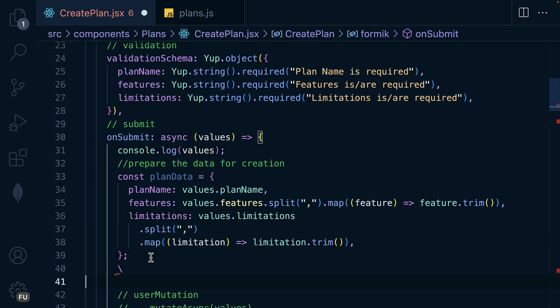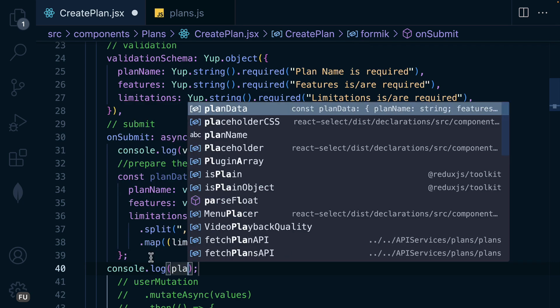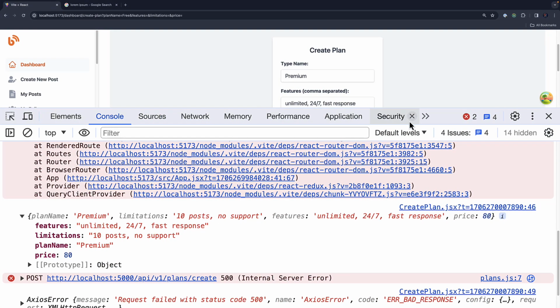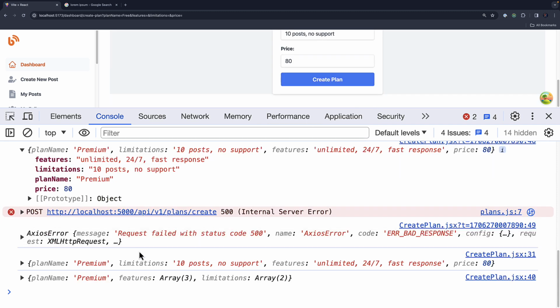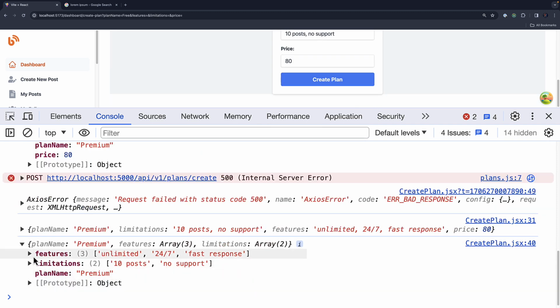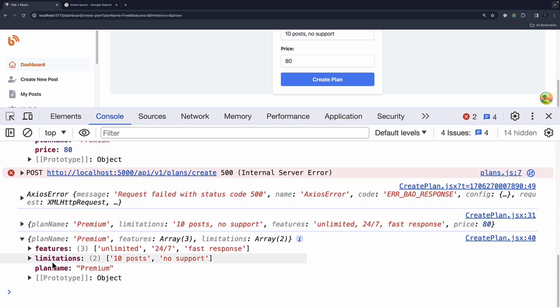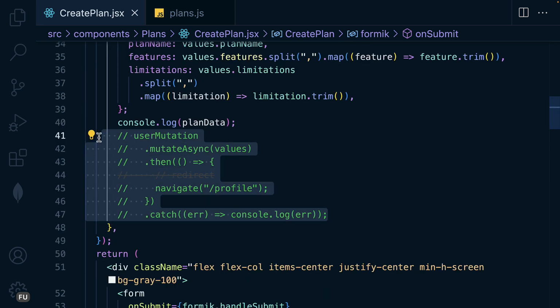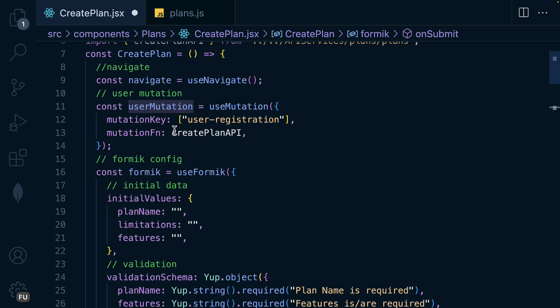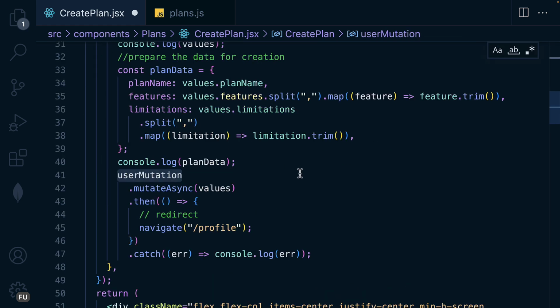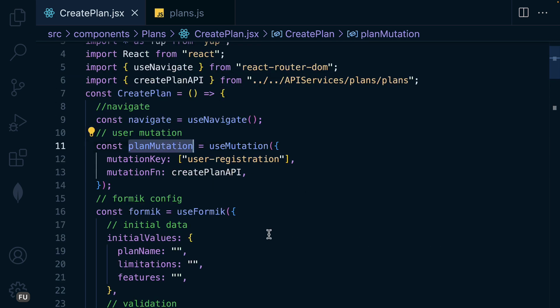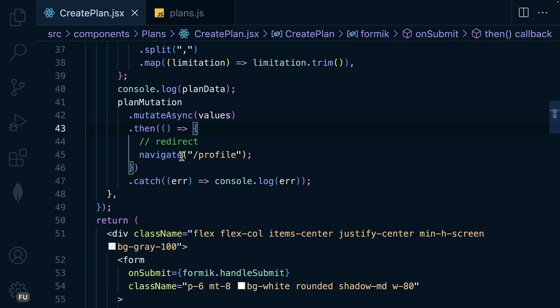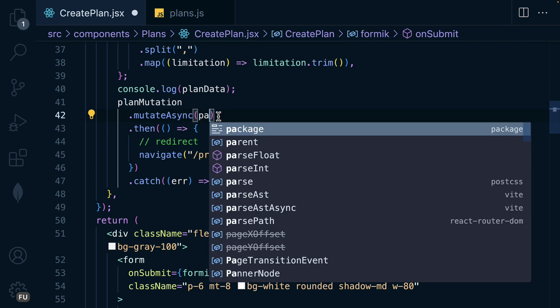So if I log the plan data here, let's see in the console. Let me try again, and this time around we have the features be an array, likewise the limitations and the plan name. So we are all set to send to the API. So let me bring back this one. So the mutation here, let me rename this one to plan mutation. I have renamed this one, and down here we're gonna pass in the plan data here,